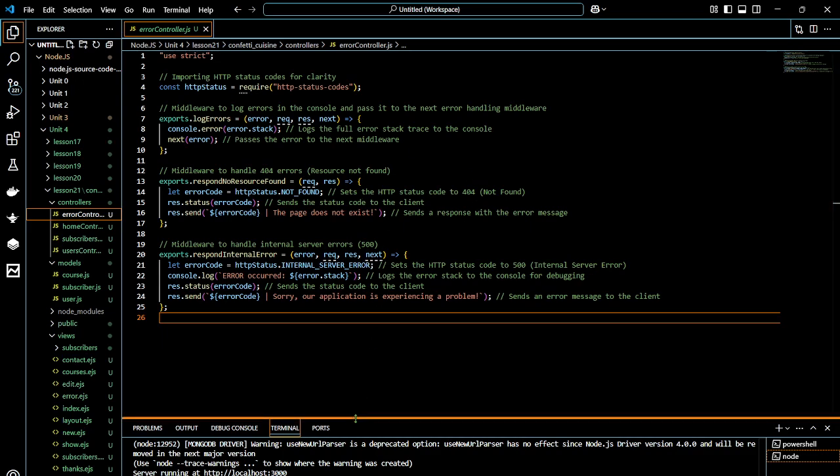Again, it just handles your errors. So up here on line 3, it's going to import the HTTP status codes for clarity. And then lines 7 to 10 basically are just middleware to log errors in the console and pass it to the next error handling middleware. Our console.error is just going to log the full error stack trace to the console. And then next error is basically going to pass it on to the next middleware,